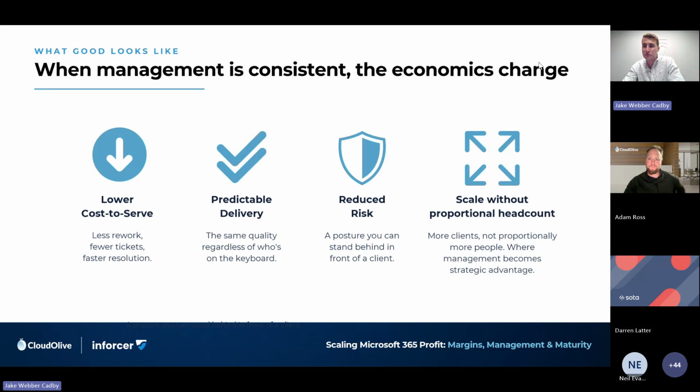Reduce risk. This is huge, right? Without tools like Enforcer, how can you possibly update 100 365 environments every month, which is what you should be doing, right? Microsoft last year alone added 50 updates to Intune. How could you go in and apply those updates across the board? So Enforcer allows you to reduce risk by continually hardening those environments, because all of a sudden now you have a scalable way to roll out new security policies across 100 customers in 5 minutes.